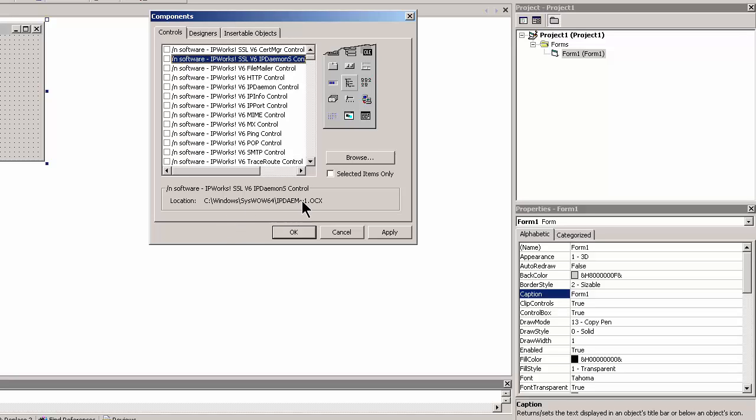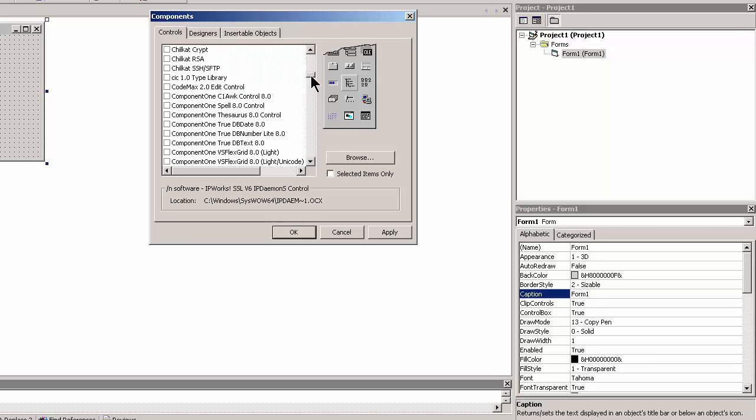Now because this is a 64-bit machine, there's a folder called Windows SysWOW64 where, strangely enough, 32-bit files are stored. Be aware of that. The SysWOW64 folder is for 32-bit files only, whereas the normal System32 subfolder under Windows is for the 64-bit items. So I go through this list